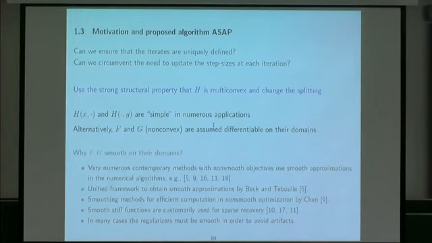What we do is use the strong property that the coupling term is biconvex or multiconvex, and we change the splitting. To this end, we suppose that the functions f and j are